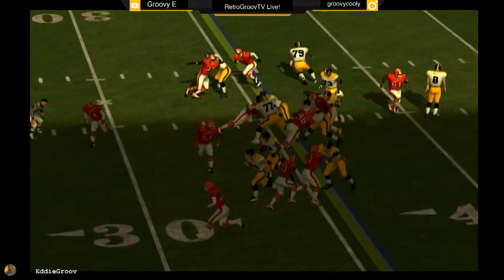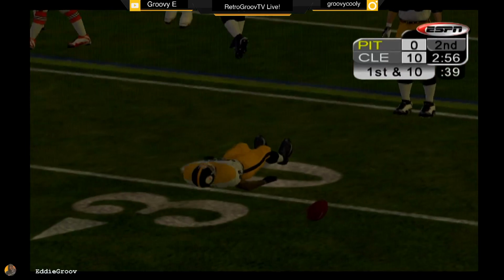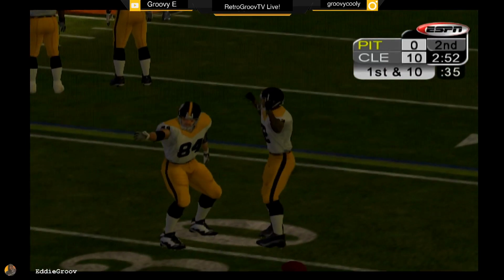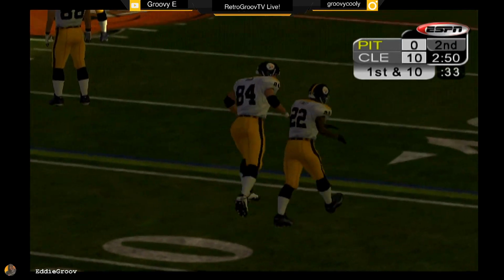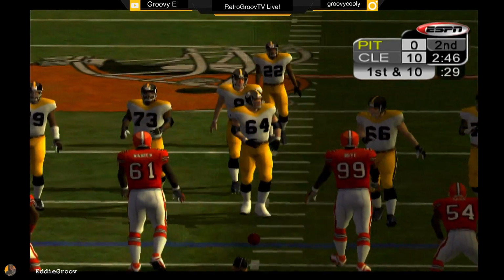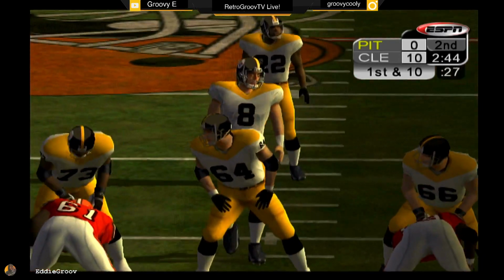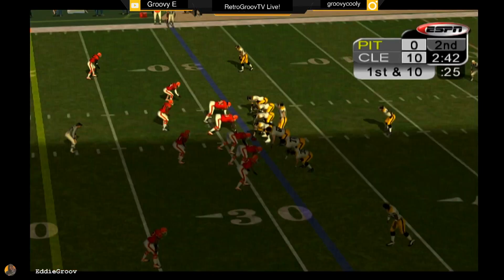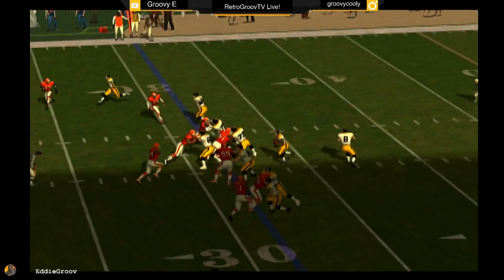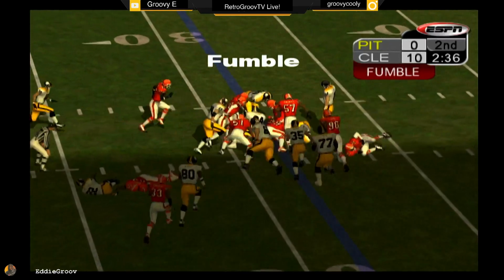Staley will get the carry on 4th down and converts the 4th down. What a fantastic play. 1st down Steelers. Deuce Staley played it smart back there by following his blockers, and that allowed him to make some good yards. A big conversion there, and that's what they need to do to close the gap, Peter. Great execution. Staley gets the call again, and